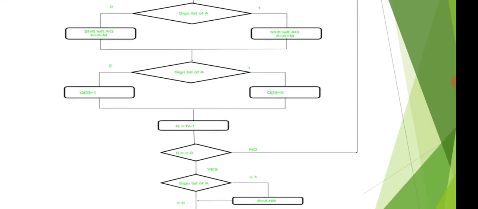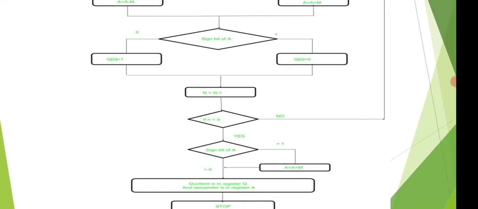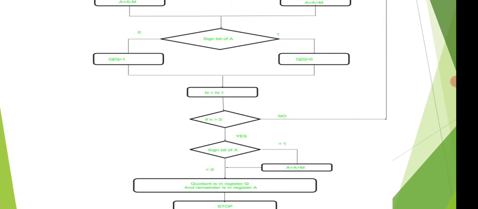If n is equal to 0, there is one more step available here. After count is equal to 0, I again check the sign bit of my A register, whether it is 0 or 1.